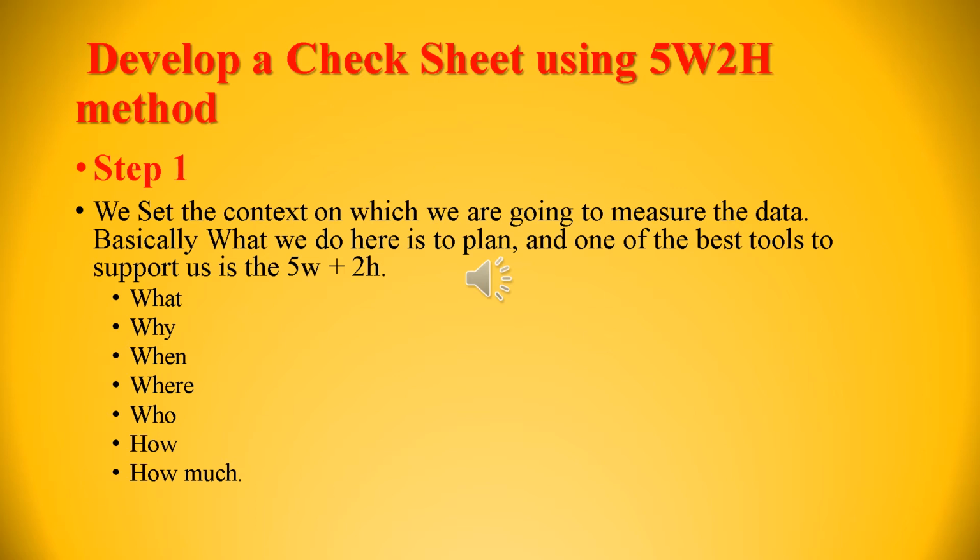Why is it called the 5W and 2H method? At first glance, it may seem complicated, but it's really the exact opposite. It is very easy to use. The 5W2H method is simply a set of guidelines involved in each phase as you develop a data collection plan, an action plan, or whatever.